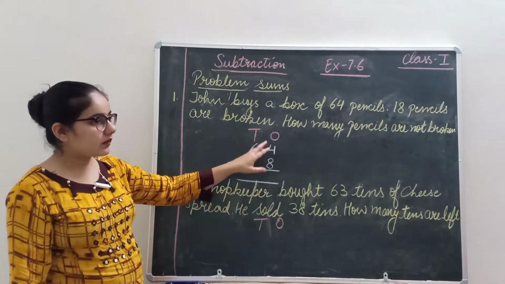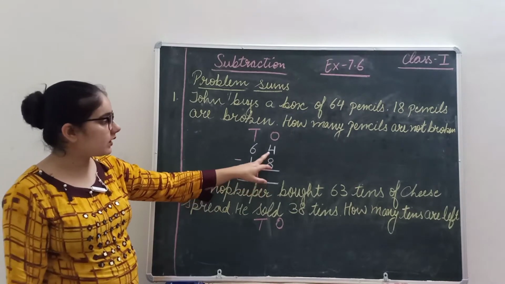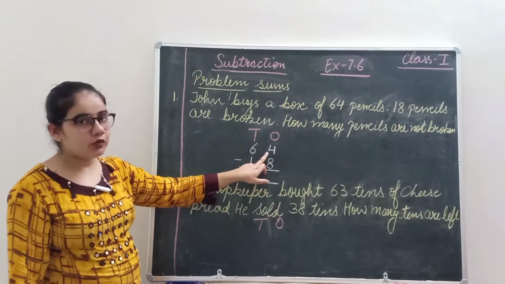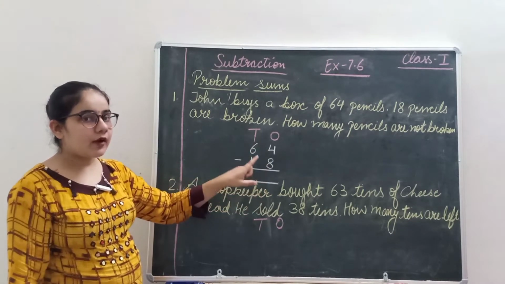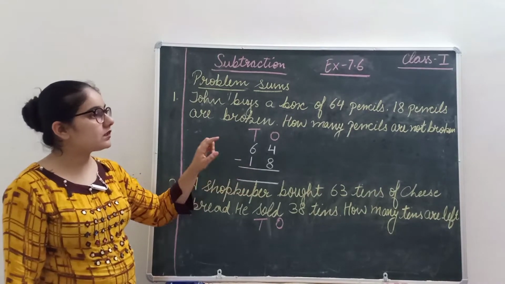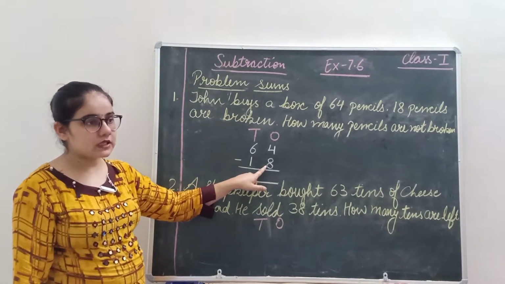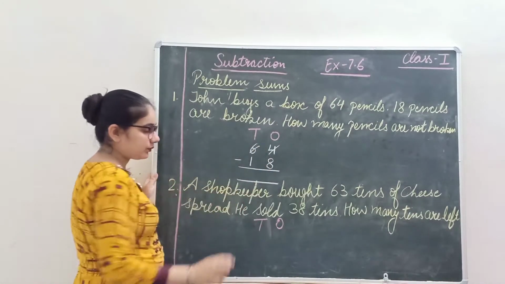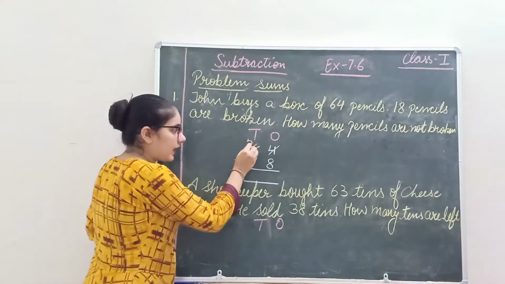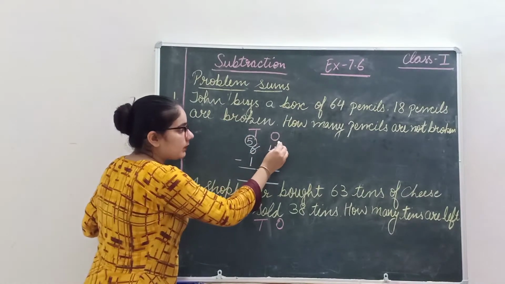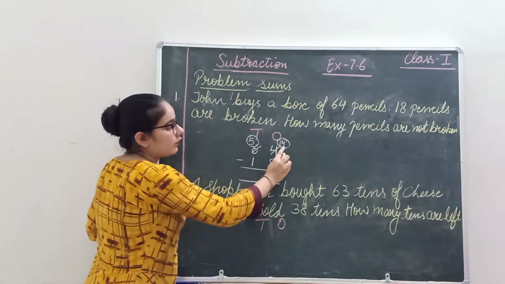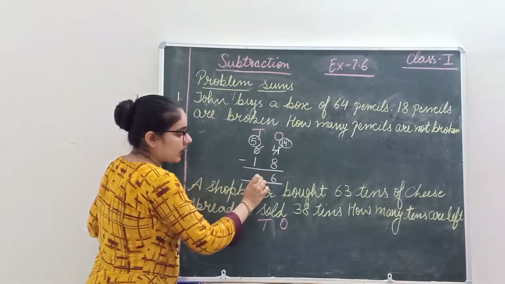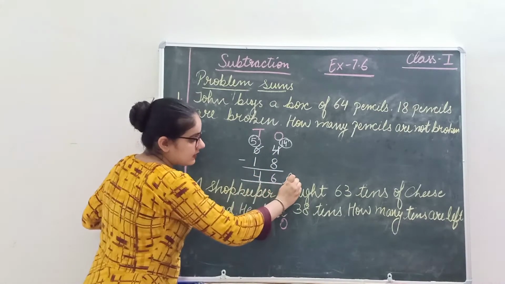See the digits given in ones place. Here it is 4 and here it is 8. 8 is greater than 4. That means we have to borrow because this number is smaller than this number. So this 4 will borrow from 6. This 6 will become 5 and this 4 will become 14. 14 minus 8, 6. 5 minus 1, 4. Answer is